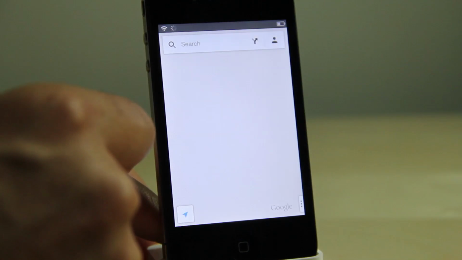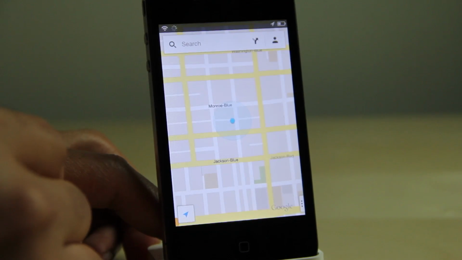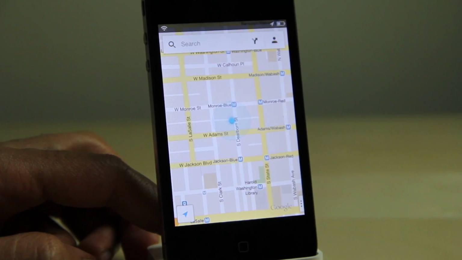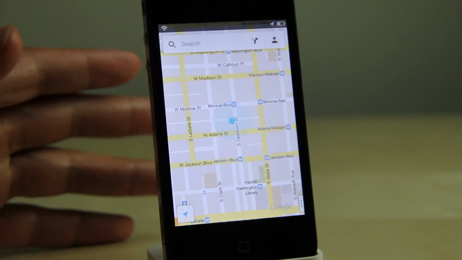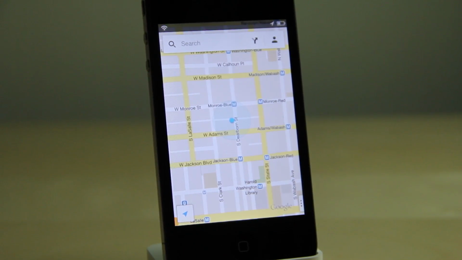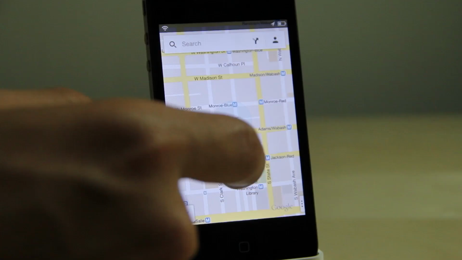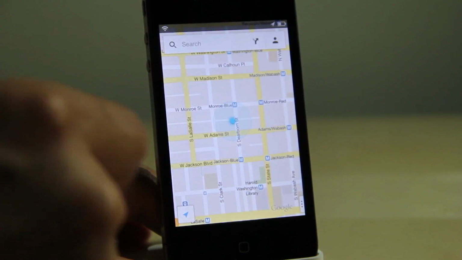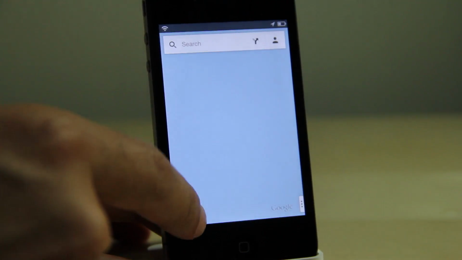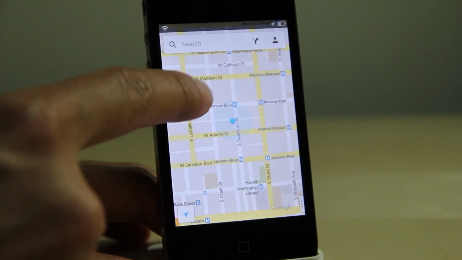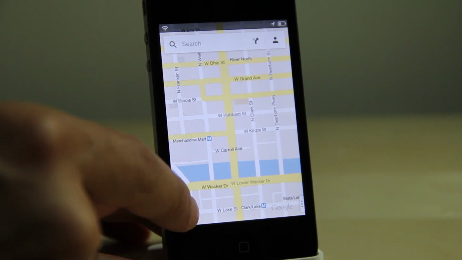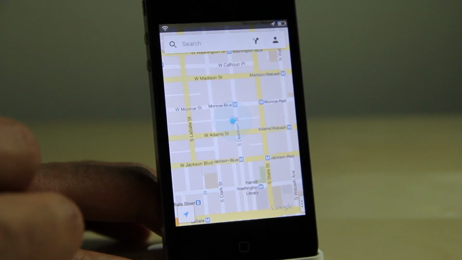I've done that. Now it asks you to give it location access, which I've done. And there we go. There's Google Maps on the iPhone. Pretty nice, huh? It's nice to have it back. And the nice thing about this is it's vector-based. Yes, vector-based maps means faster loading, higher quality maps, none of that zooming in, zooming out, all fuzzy looking